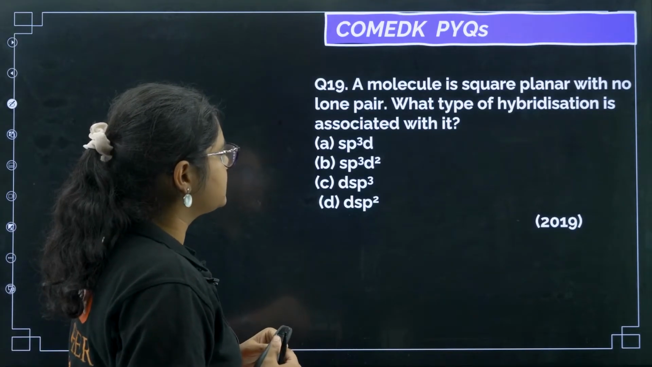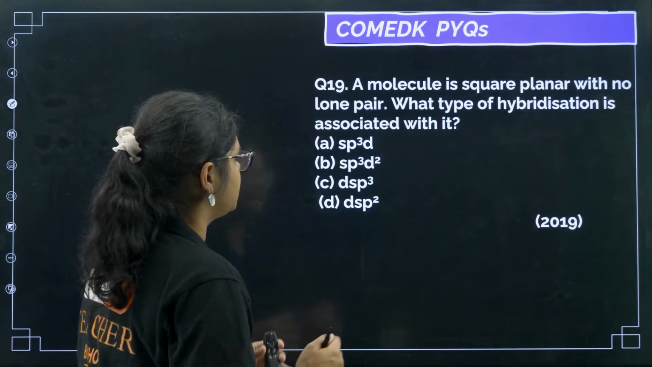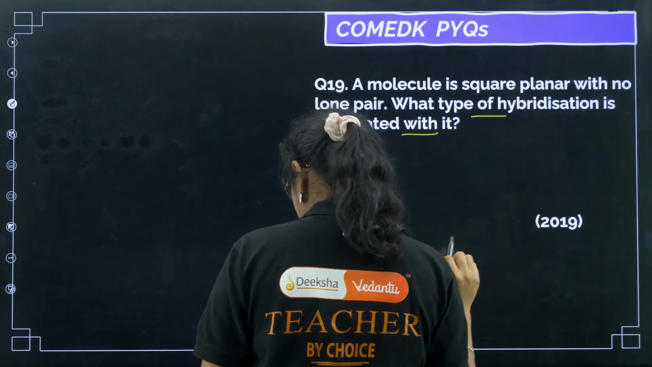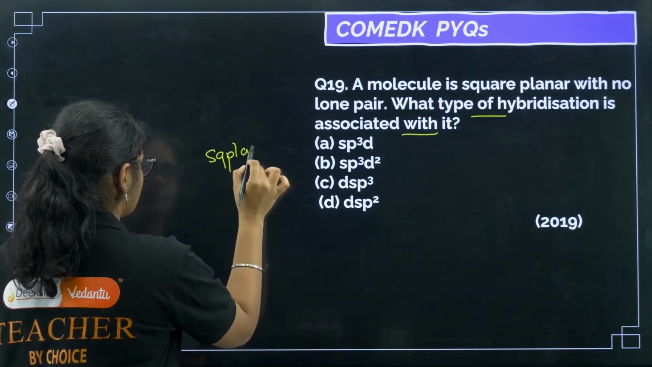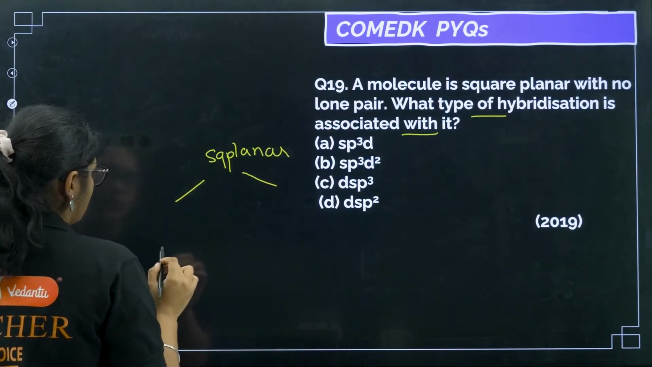A molecule is square planar with no lone pair. What type of hybridization is associated with it? Okay, so square planar with lone pair. Now see, square planar can be in 2 categories. One is with